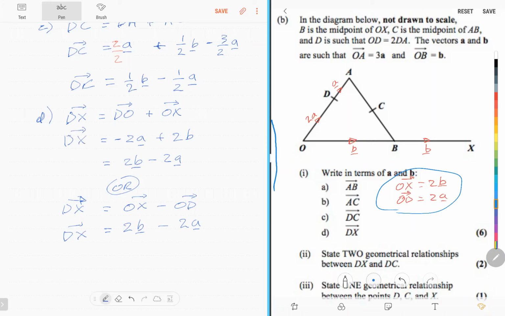And I'm going to do it both ways in the exam. I'm going to do it one way. Right? Do it one way in the exam. All right. So the next part now says state two geometric relations